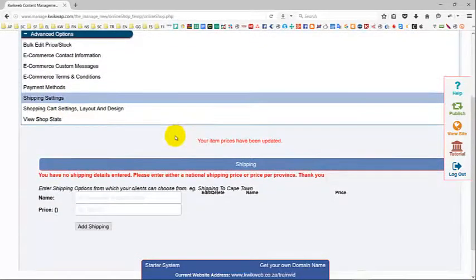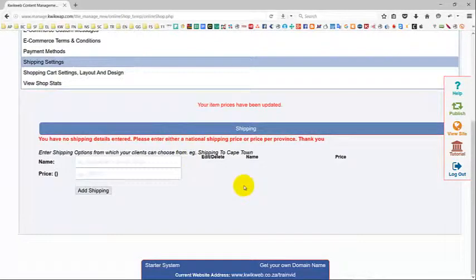Then we've got shipping settings. Now with shipping settings, yeah, you can create different types of shipping. So if you have a post office setting, or if people can ship via the post office, or if they can ship via courier, or if they can ship via whatever it is, you can actually set it up here. So you would give it a name. So you would say post office, and you would